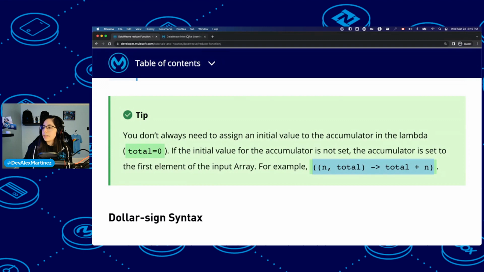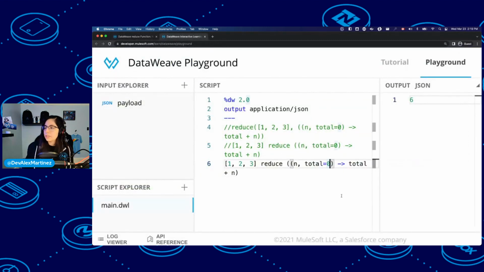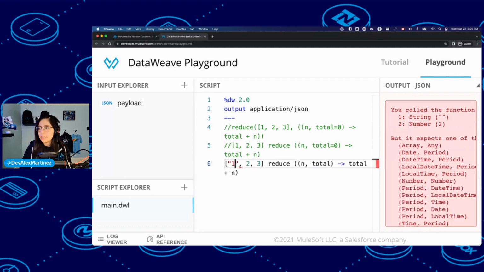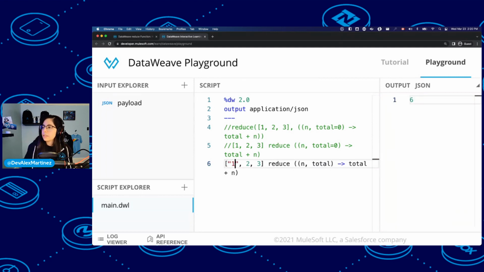So if we didn't put here the total equals 0, it would still work in this case, because in this case we have the first item, which is a number. So it's just going to assume that the first item is a number, and it automatically does the rest of the things. But if, for example, here, this was a string instead of a number, oh, it still works.